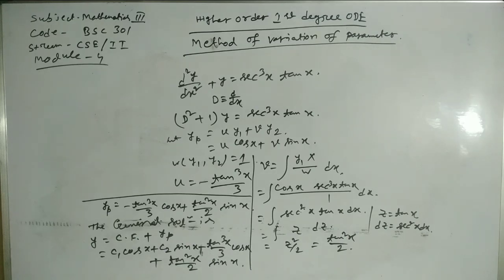So this was the detailed discussion about the method of variation of parameter. You have to practice this type of sums, otherwise you can't solve them in the examination. I suggest you solve this type of sums from your book. If you face any problem from this chapter, you can contact me. My contact details are given in the first slide of this video.